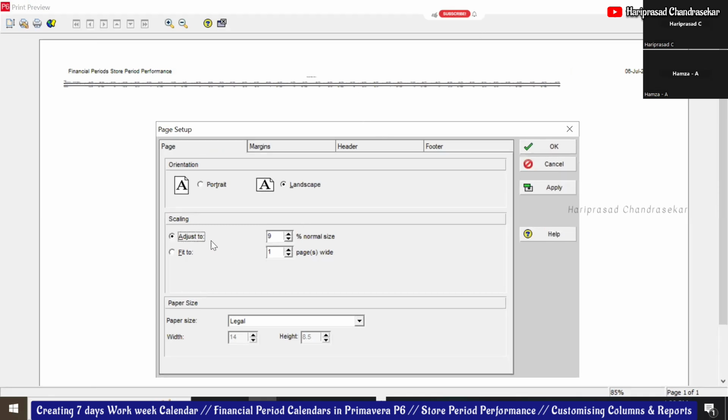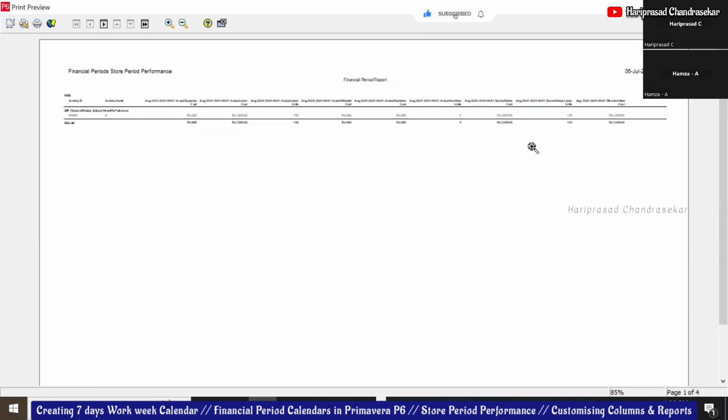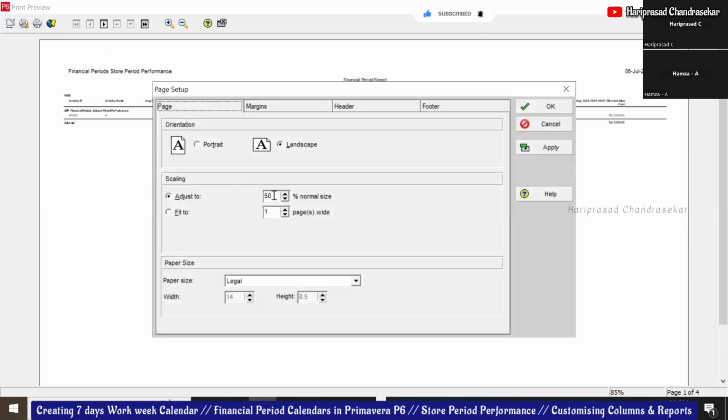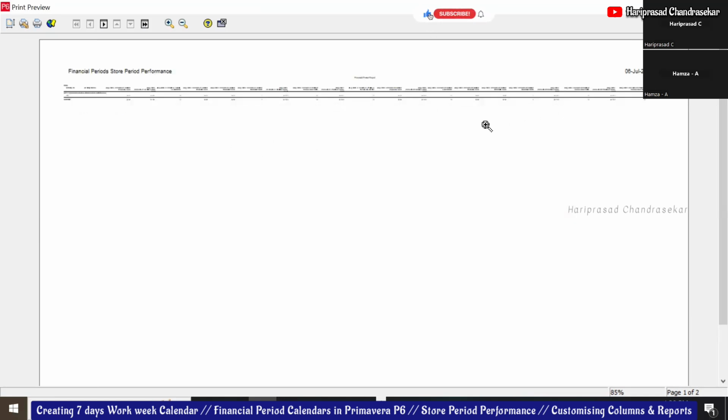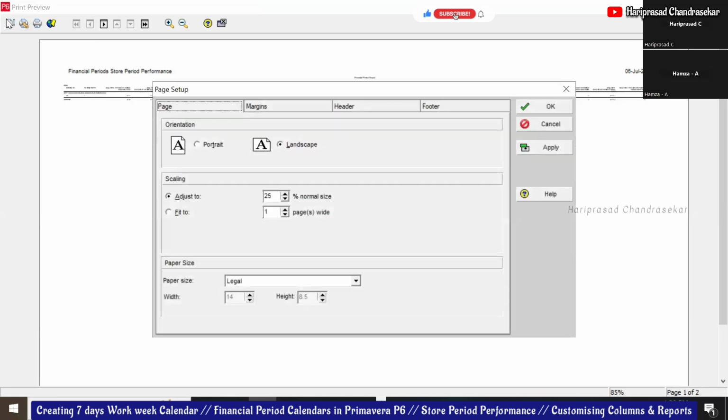But I just wanted to know if we could make a report with this. It's a bit difficult because there are so many columns in a week. So I can just do this kind of thing from here. Maybe 25 percentage. Like this, we have 25 percentage. If you're putting 75, apply.